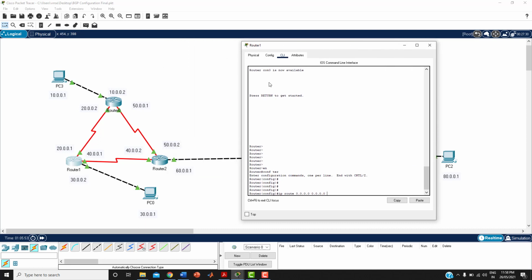So what is the next hop? From here I want to jump to 40.2. That is going to be the next hop here, 40.0.0.2. Okay, so almost we have completed all the configuration.